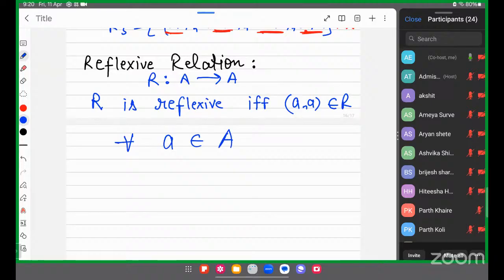We are not using the word only. So in case of reflexive, the necessary condition is each element of set A has to be related with itself. Apart from this, an element of set A can also have a relation with another element. For example,